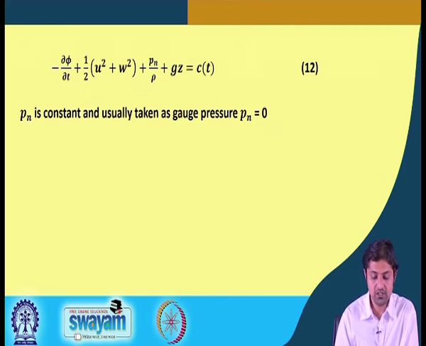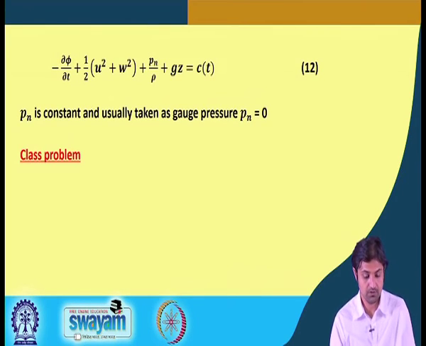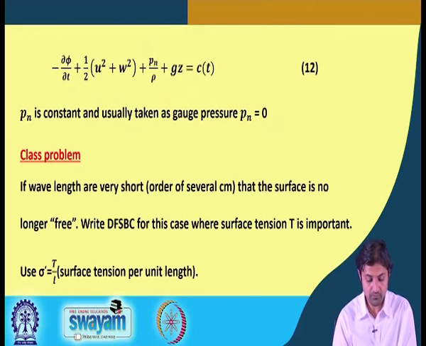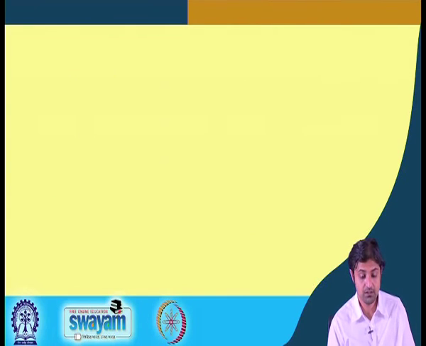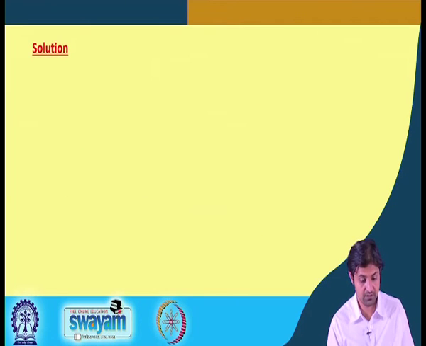Here P n is constant and usually taken as gauge pressure, that is 0, atmospheric pressure, so we take P n is equal to 0. Now, if the wavelengths are very short, so that the surface is no longer free, you have to write the dynamic free surface boundary condition for the case where surface tension T is important. All right. So, to be able to do that,